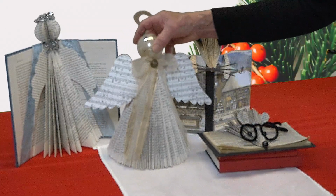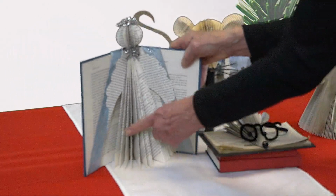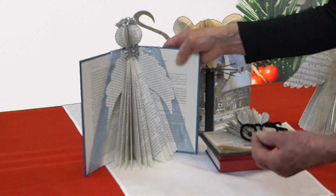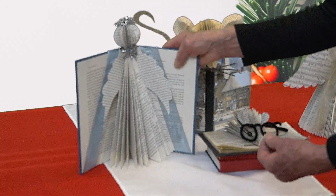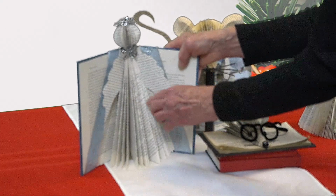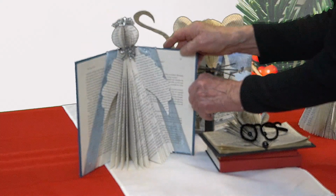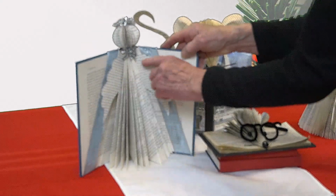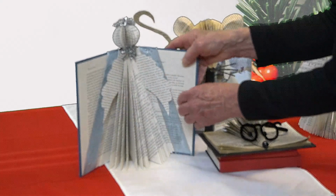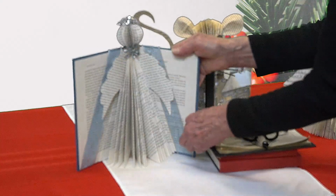For this angel, I decided just to use, this is only like 23 pages, and it turned out really well because the quality of the paper was very thick and white. So it was just a small Christmas tree, but I glued it to the inside of the hard back cover. And then for the angel wings, I cut the print for the angel wings, and then to give it a background, I put blue ribbon, also in the shape of a